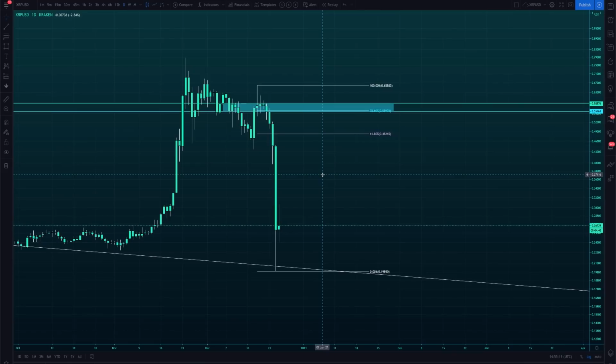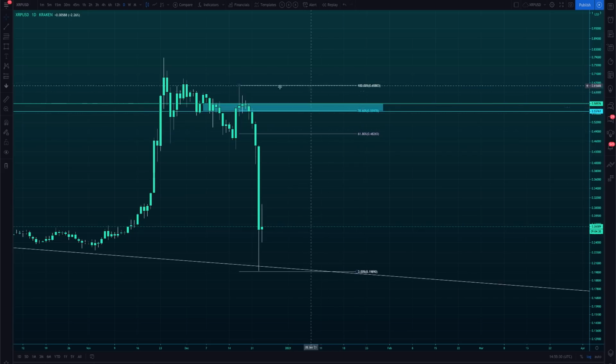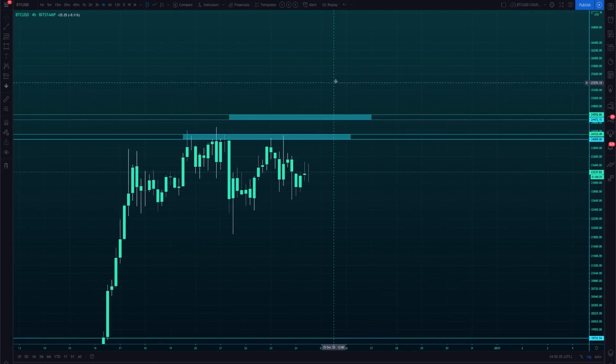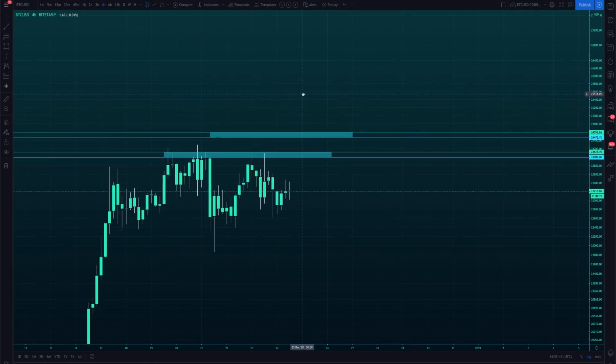So now, when we do the inverse, we can see a perfect alignment with my first innovation level, the second innovation level up there, 78.6% retracement. So we can very easily see this pullback come through now in anticipation of a potential move higher on BTC, which I do believe will potentially push into that 24 up to the...